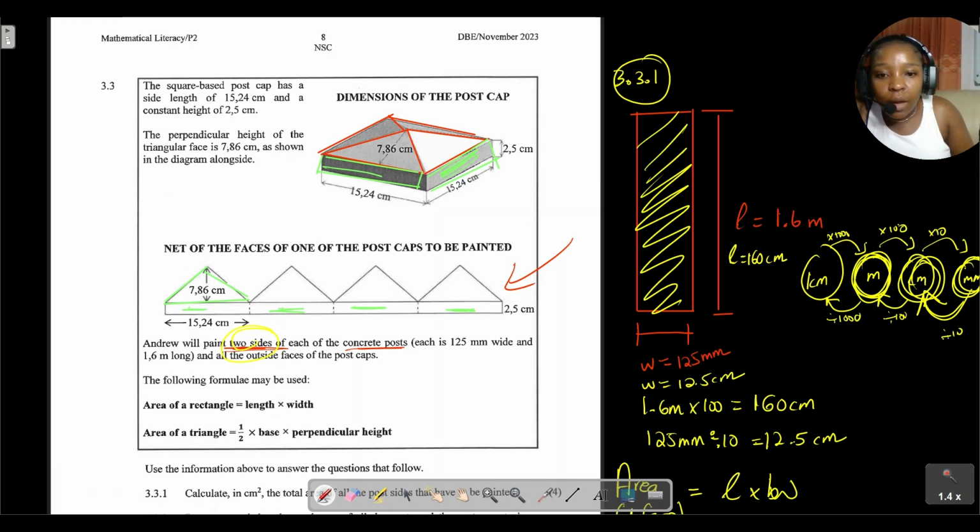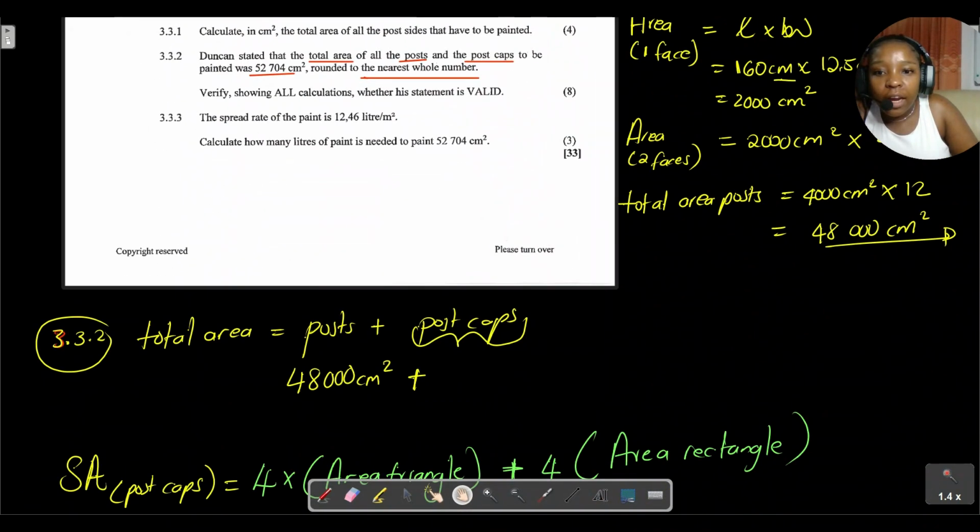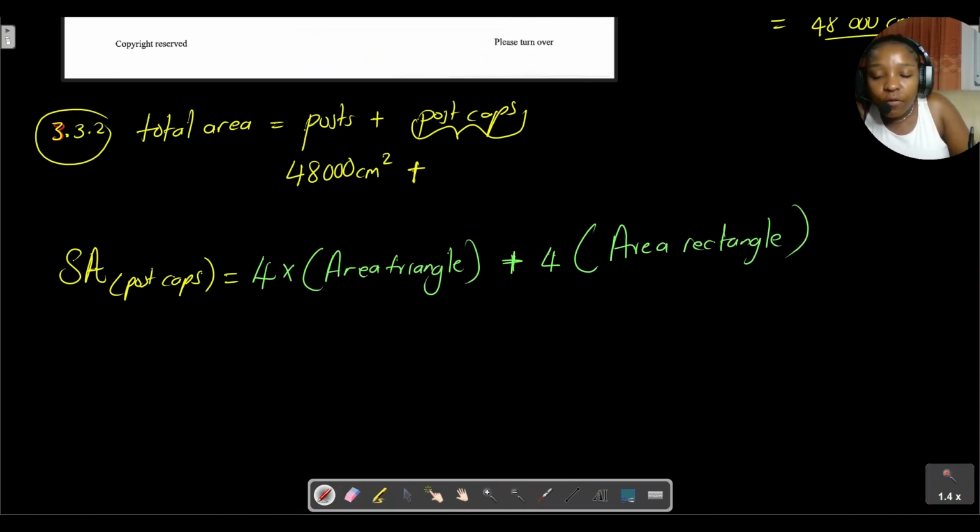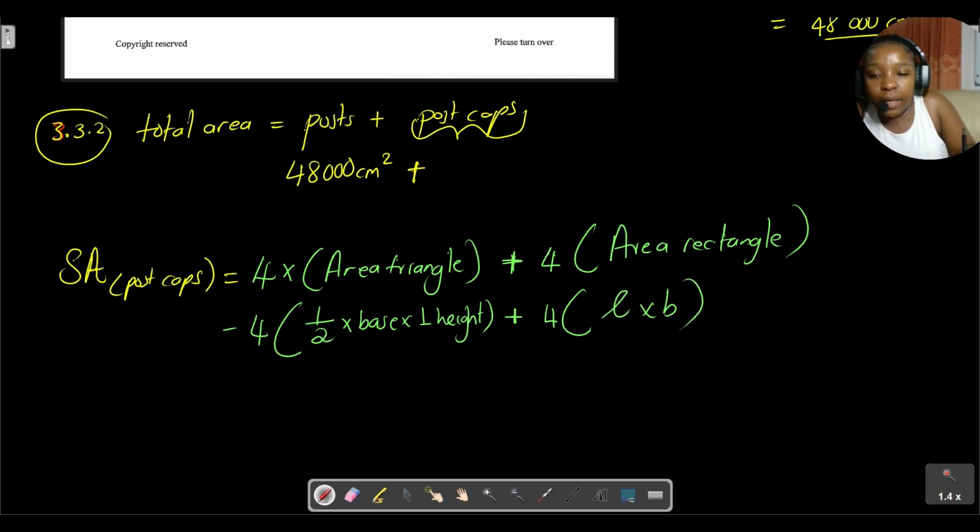Okay, then from there, what do we need to do? How do we calculate the area of a triangle? It's going to be 4 times half times base times perpendicular height plus 4 times, how do you calculate the area of a rectangle? Length times breadth. Then let's just substitute. It's going to be half. What's the base of that triangle? Remember, I just said it's